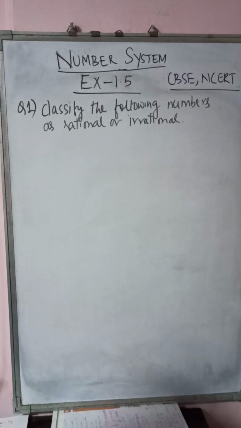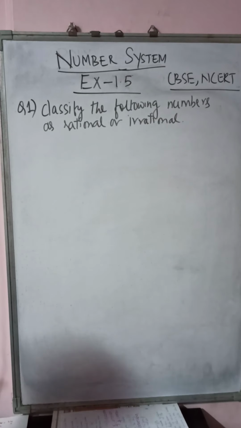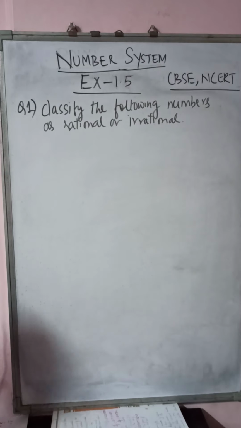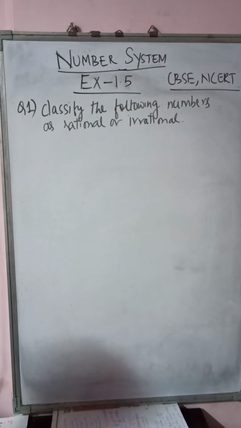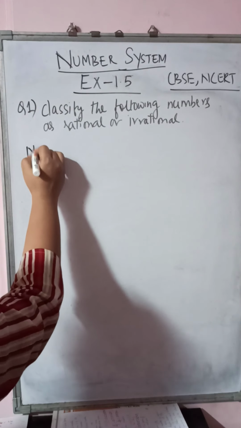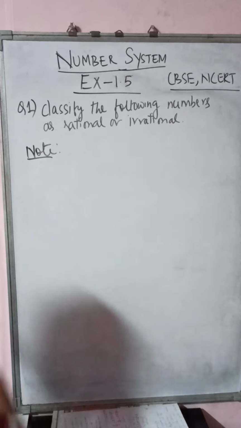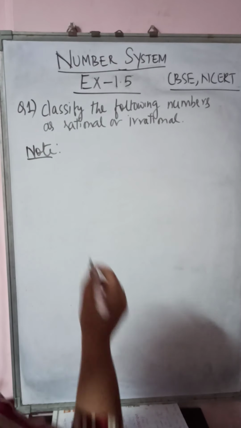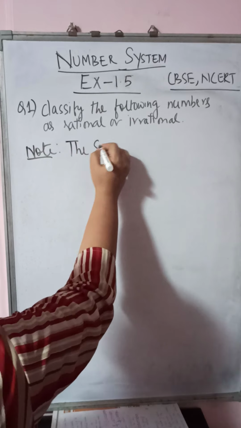Today we are going to do exercise 1.5, number system, question number 1. Classify the following numbers as rational or irrational. Before we begin solving this question, I want to explain one thing. Just write it down in the form of a note so that you understand that the sum